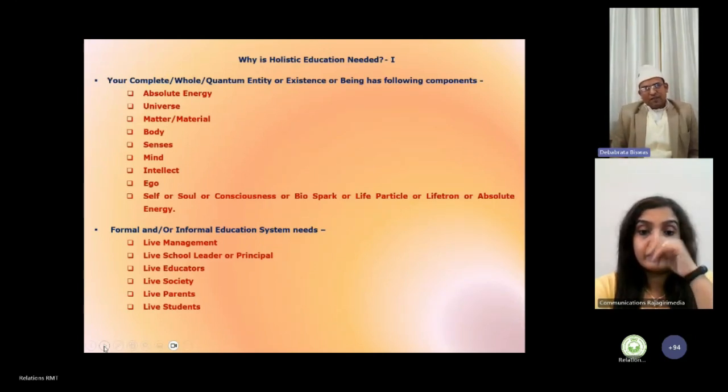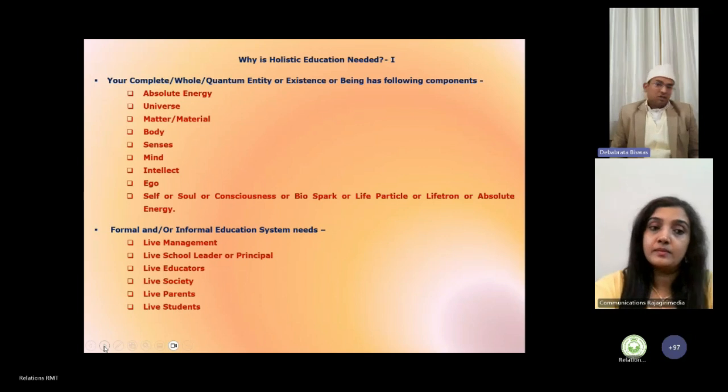Mind it, the first component and the last component, that means the ninth component, are the same and always the same. So we can say in our Indian context, Yat Brahmande Tat Pinde: whatever is in the universe is inside me also. So macrocosm and microcosm, from the energy perspective, from the consciousness perspective, are always the same. So we have to always remember these nine components of our existence. The universe is also part of my body. If the universe is disturbed, if the nation is disturbed, society disturbed, state disturbed, my city disturbed, I am disturbed.